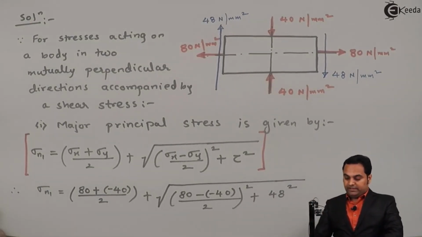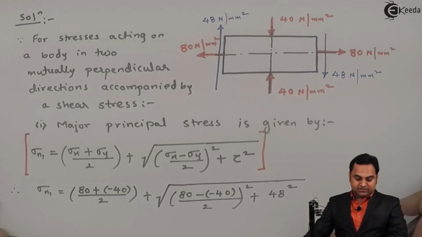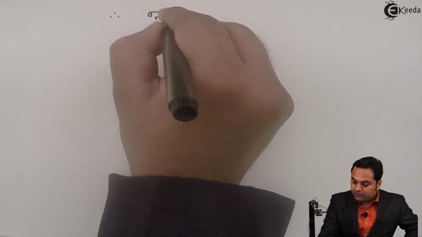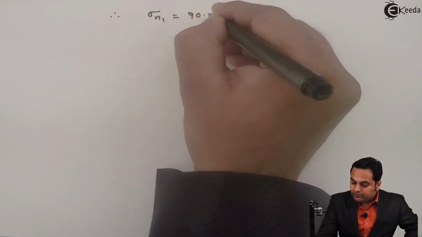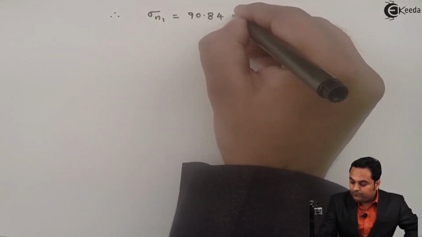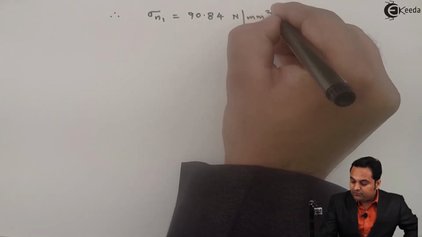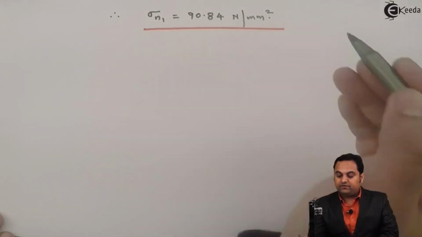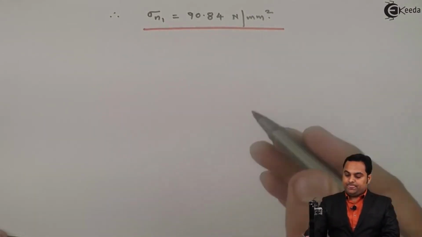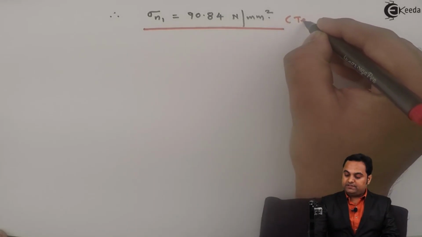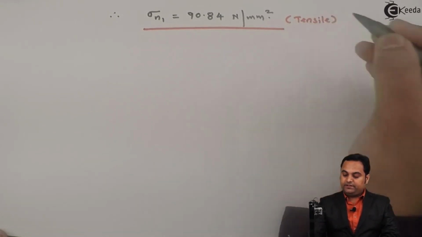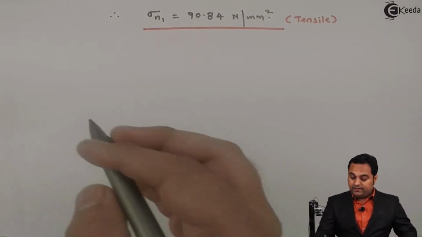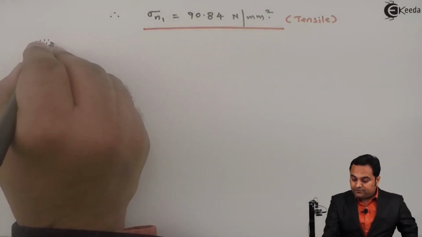Now if I go on calculating this, my first answer will come out to be sigma n1 is equal to 90.84 Newton per mm square. So this is the major principal stress. Since the answer is positive, I'll say that it is a tensile stress. Next, in a similar manner, I'll write down the minor principal stress